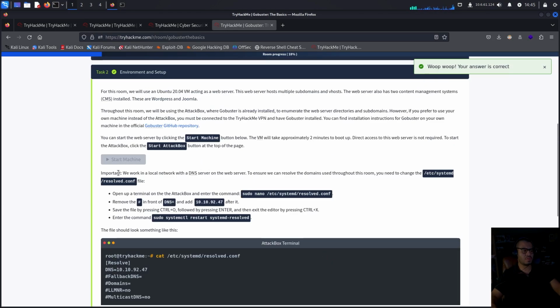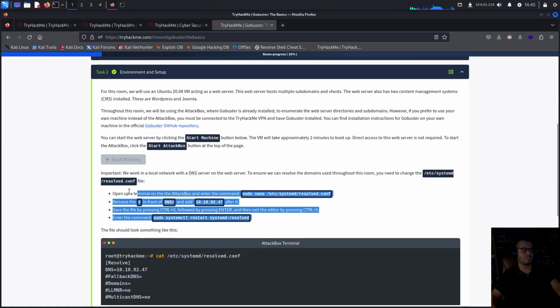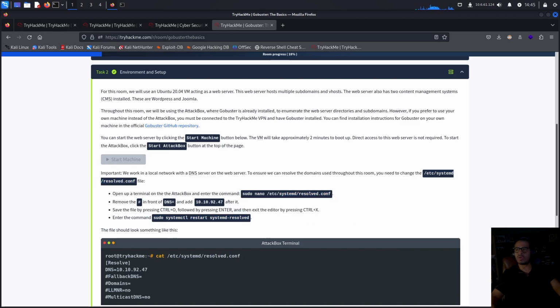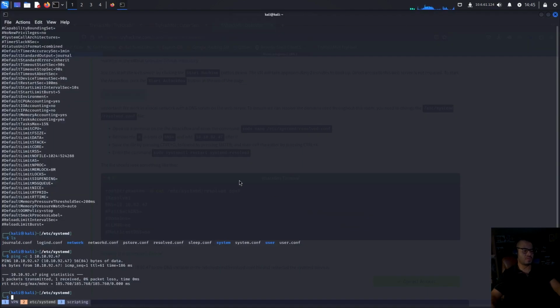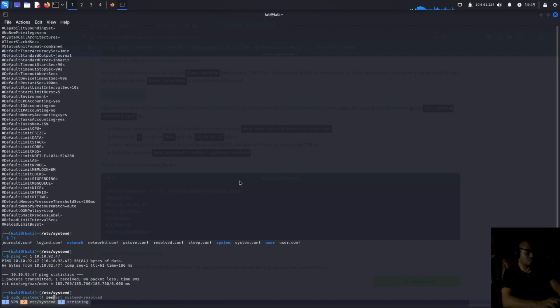Should be all good. Important. We work within a local network with the DNS server and the web server. Okay. To ensure we can resolve the domains used throughout this room, you need to change the systemd-resolved. Okay. So I'm just gonna copy this and see what Grok has to say about this, right? And then the fact that I sudo systemctl restart systemd-resolved